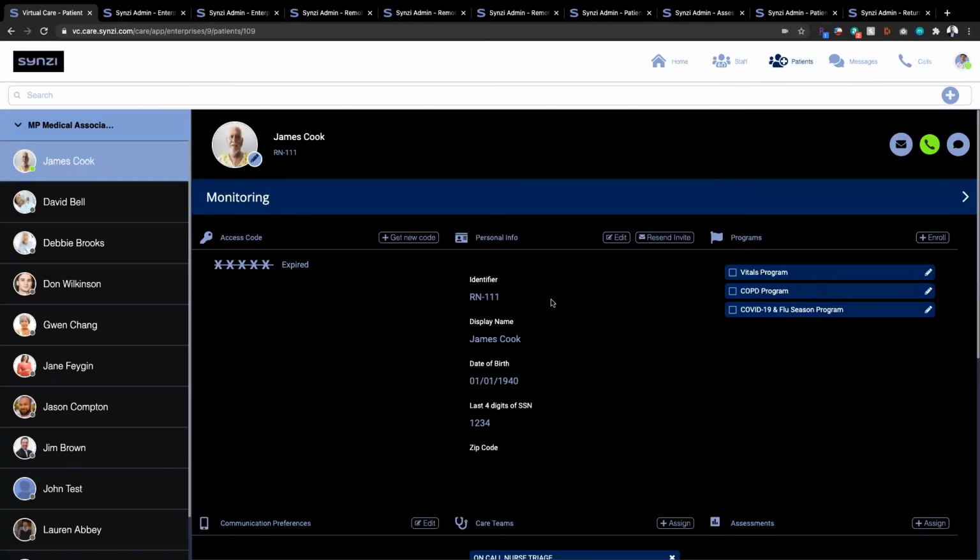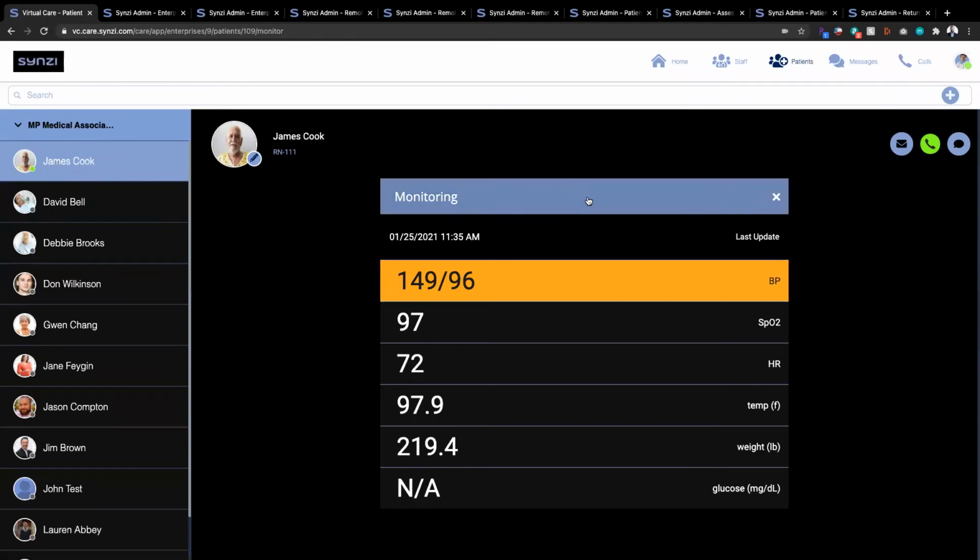So within the secure messaging as well on the staff side, you can receive different alerts too. It doesn't necessarily have to be a specific conversation. It could be a part of remote patient monitoring as well. Okay, so we're not going to dive too deep into this today, but as I was mentioning, being able to